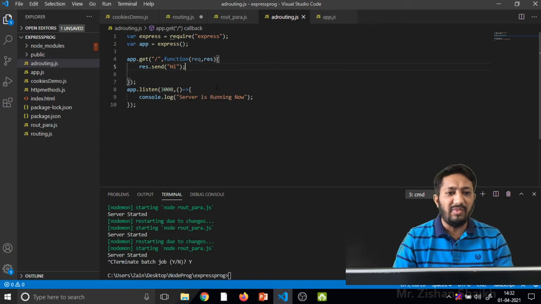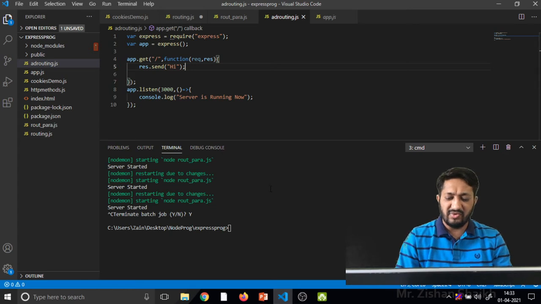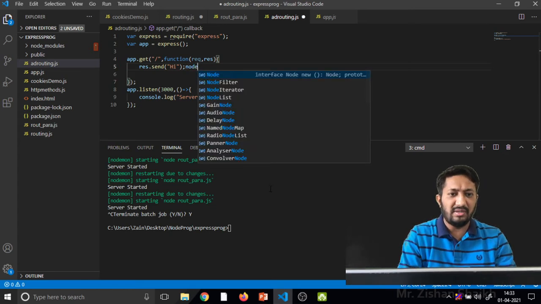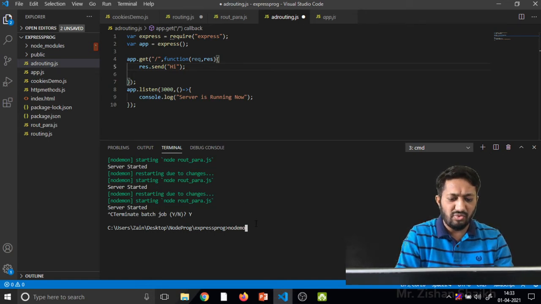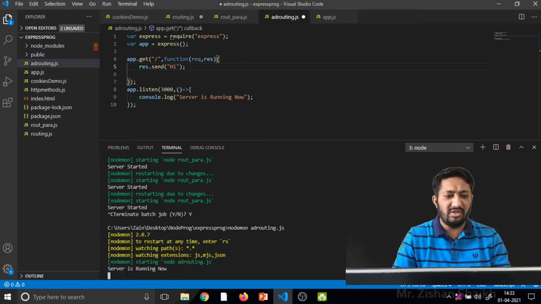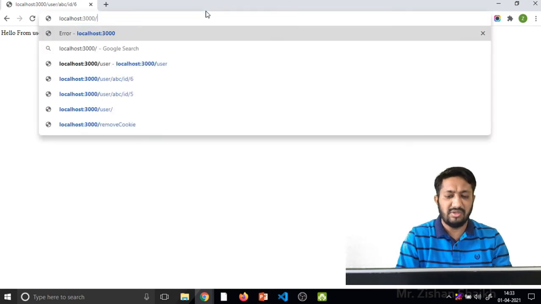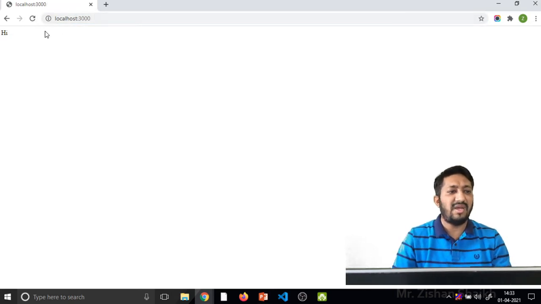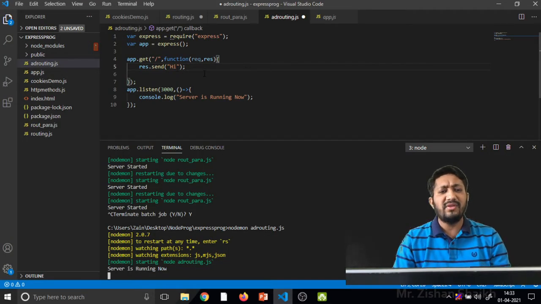Suppose I am running this code, so what happened? Our listener is already available. For executing the code I'm writing nodemon, we already know the basics, advancedrouting.js. Yes, nodemon is started, and the server is running now. The default port is telling us that yes, our particular code is executed. Now what change do I require?